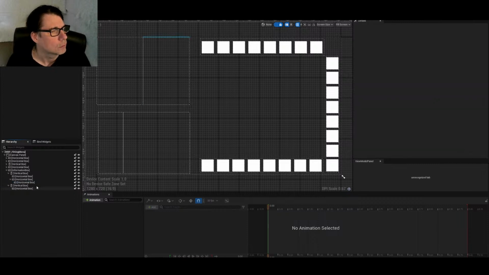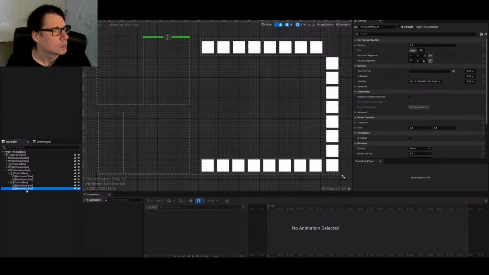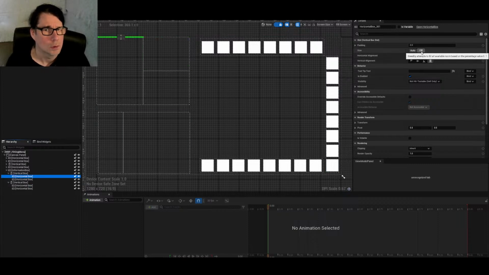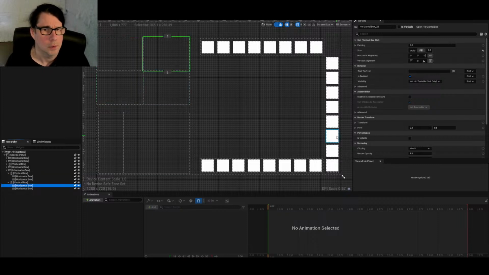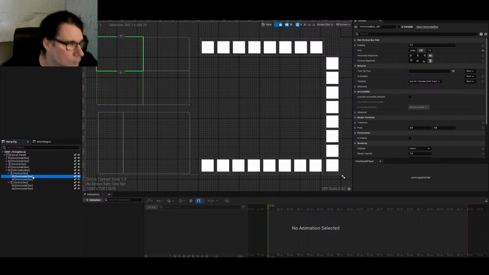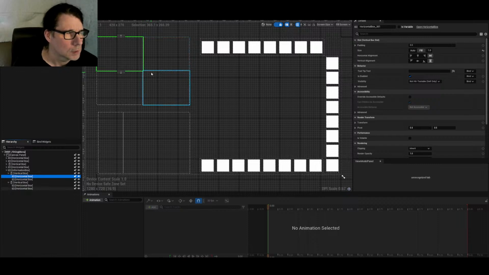Okay. So if I do that one auto, fill, fill. I want to do this auto, fill, fill, fill, fill, fill, and fill. All right. So now we have four quadrants,